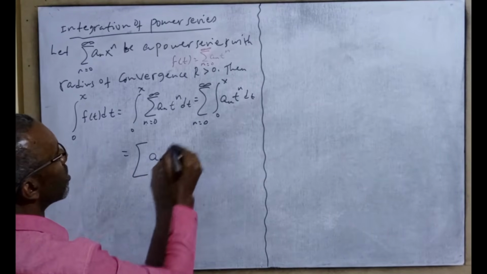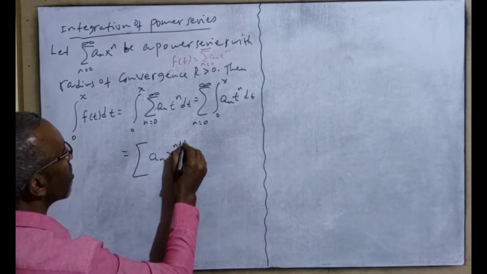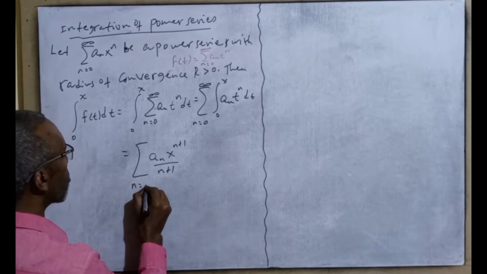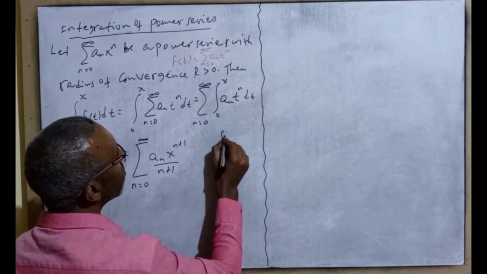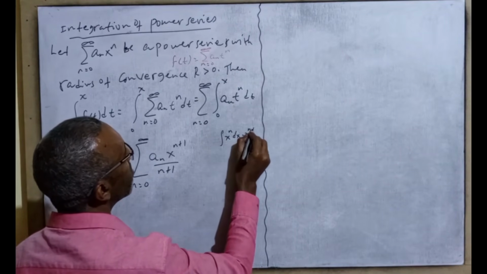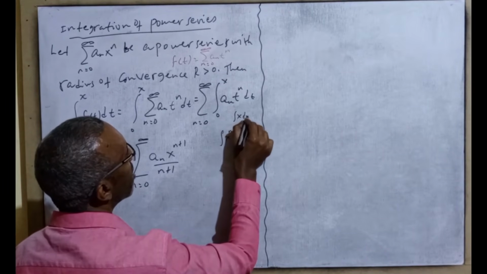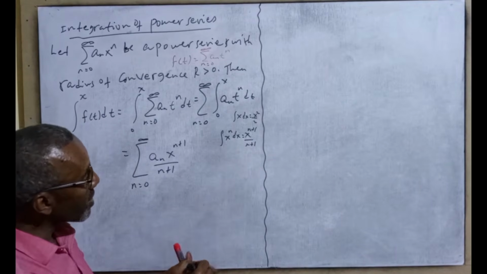t raised to n plus 1, x raised to n plus 1 ማለት ነው x raised to n plus 1 divided by n plus 1 where n runs from 0 to positive infinity. ይሄ ማለት ምን ማለት ነው the integral of x raised to n dx ማለት ነው x raised to n plus 1 over n plus 1. ማለት ነው the integral of x dx ማለት ነው x square over 2. ማለት ነው limit of integrationችን ለምሳሌ ከ0 እስከ x